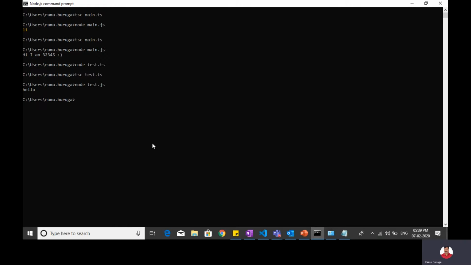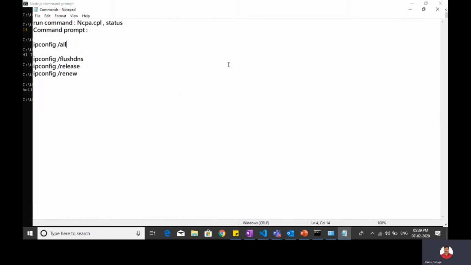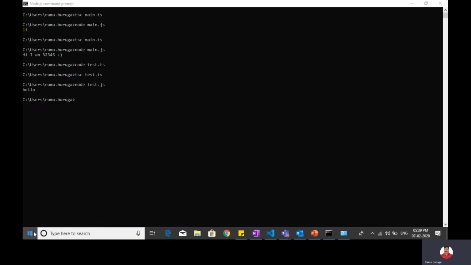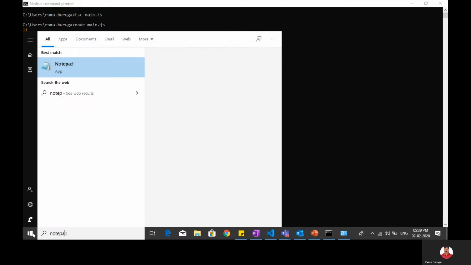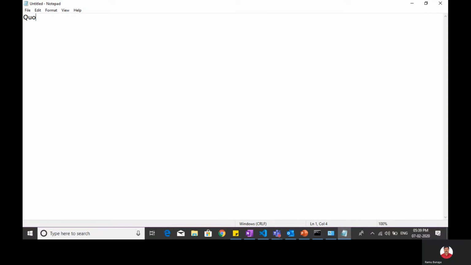Or else there is one tool. Does anybody know this one? Quokka.js is an extension.